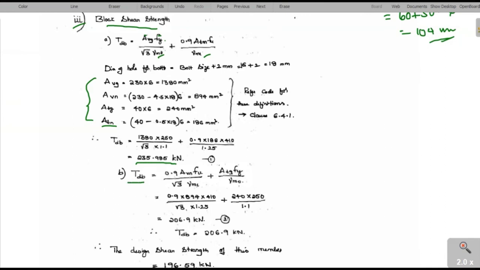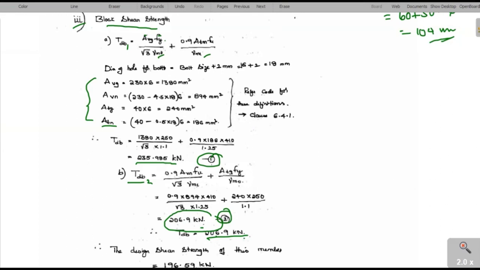And similarly calculate Tdb2. Okay, this is 1, this is 2. So you will get 206.9. Okay. So now the least among these two values, 1 and 2, is to be taken. Which one is the least? Yes, absolutely. This Tdb2 is least. So it is taken as